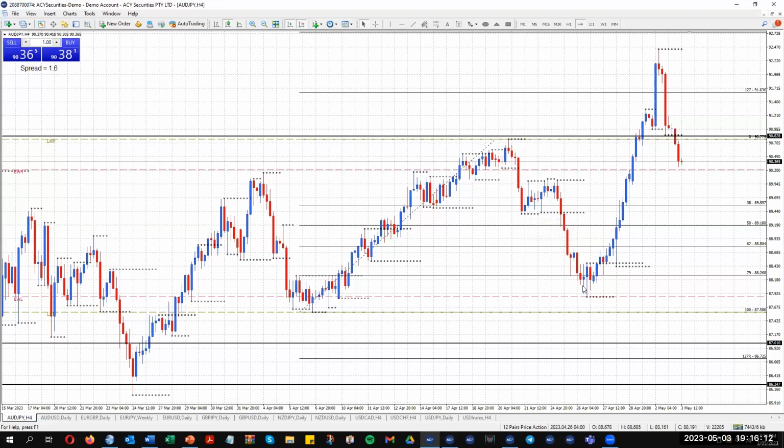All right. If you were concerned that that 79% level wasn't going to hold, you could have waited for price to start to hold. And we start to move up. Now, if you drop it to the 1-hour chart, looking at where price action starts to form in through this area,